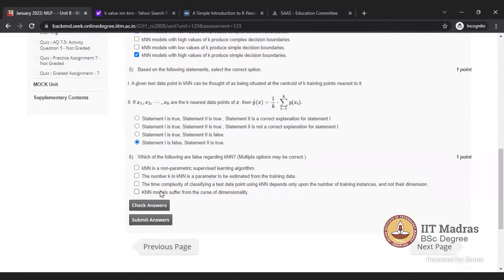Lazy could be something that, till the time you are not asking it to predict, it will not fit the data. Yeah, that's pretty close to the correct answer. All the algorithms we have studied till now were eager learners, and KNN is a lazy learner. It doesn't have a model actually.